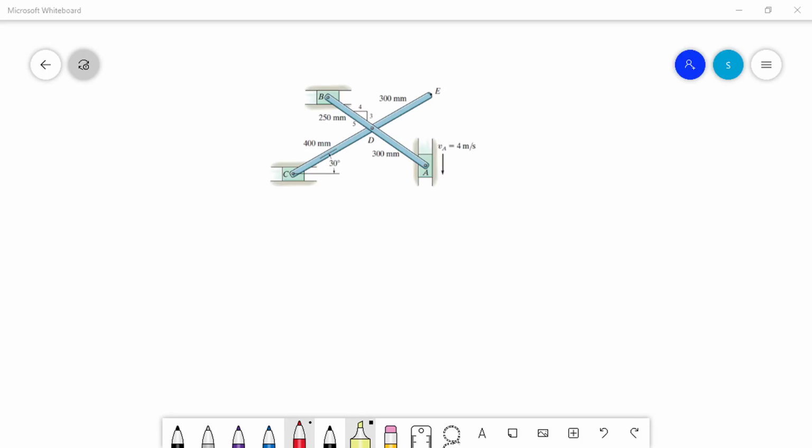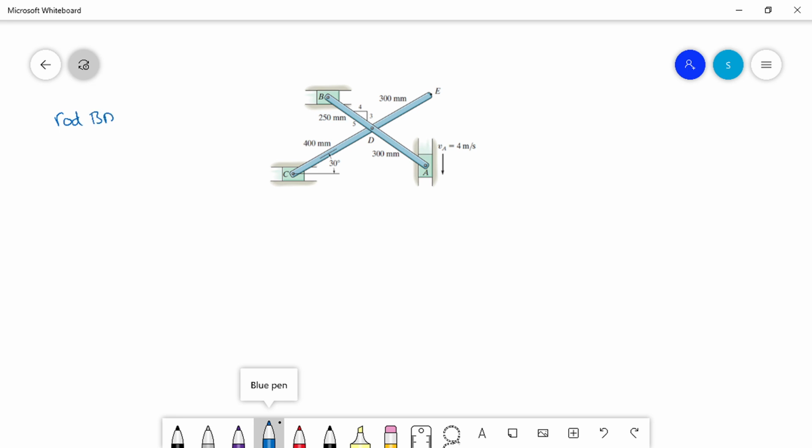I will show you today how to solve for the velocity of the points D, B, C, and E using only the IC, the instantaneous center of zero velocity. Okay, we will not use the vectorial equation, only the IC. So the first step will be to look at the rod